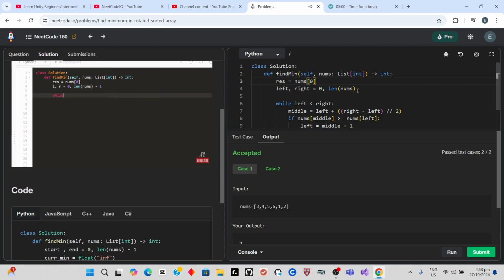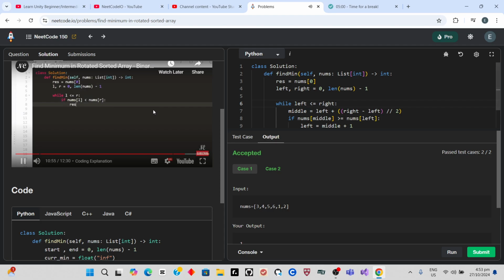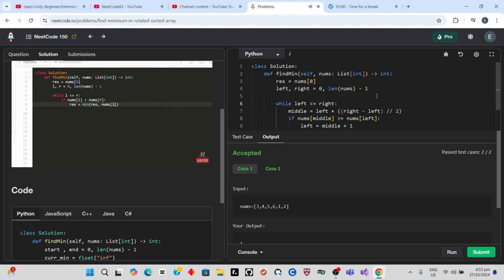And we're going to keep running our binary search while our pointers are in a valid position, while left is less than or equal to right. And like I mentioned, if we ever get to a subarray that's already sorted, basically if the value at the left is less than the value at the right, then we can update our result potentially, setting the result to the minimum of itself and the leftmost value of this sorted portion, and then we can break out of this while loop. If the array is not sorted, that's when we're actually going to be doing our binary search portion. So we can compute the mid pointer, basically left plus right, integer